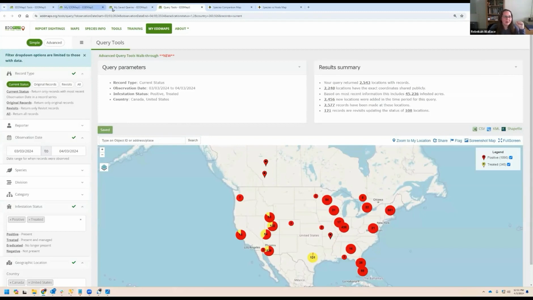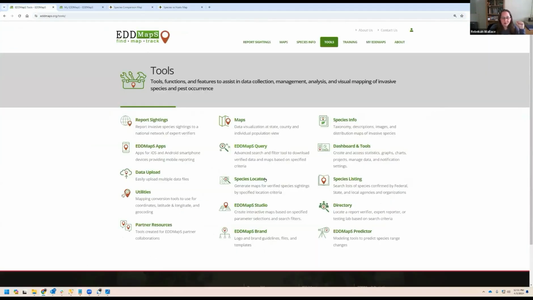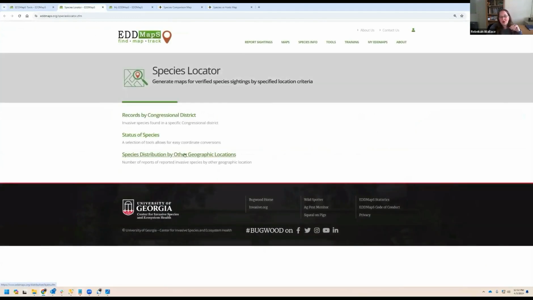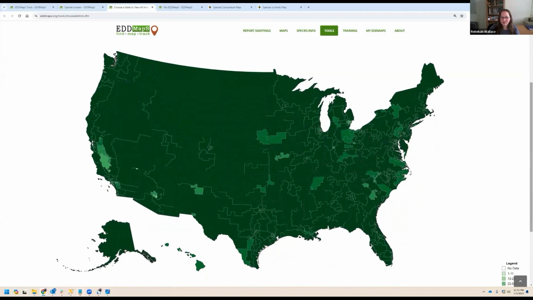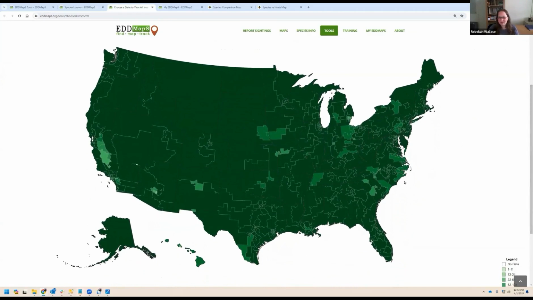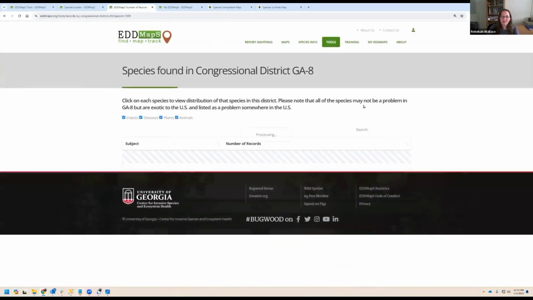So the next thing I want to talk about, let me back it up here. We have species locator. So if I click on that, I'm going to open it in a new tab again. There are currently 3 pages we have where you can see data in a different way based on other types of boundaries, so getting summaries of those data. So if we click on congressional district, these congressional districts are not the most up-to-date ones. We know that there's some conversations happening about certain congressional districts, so we have not updated these to the most recent ones. But if we click on congressional district 8 in Georgia, which is, I believe, the one we're in,